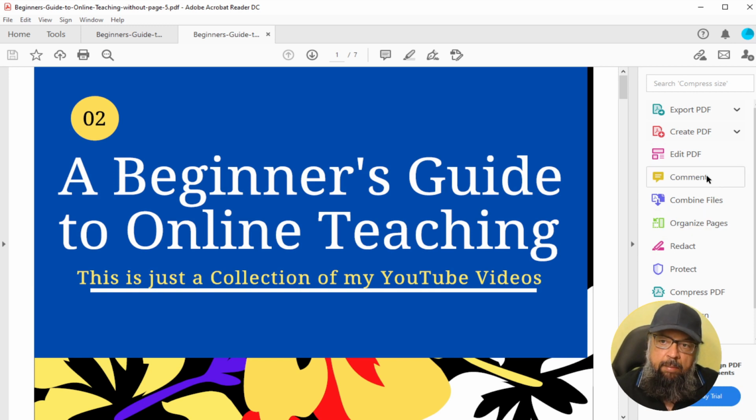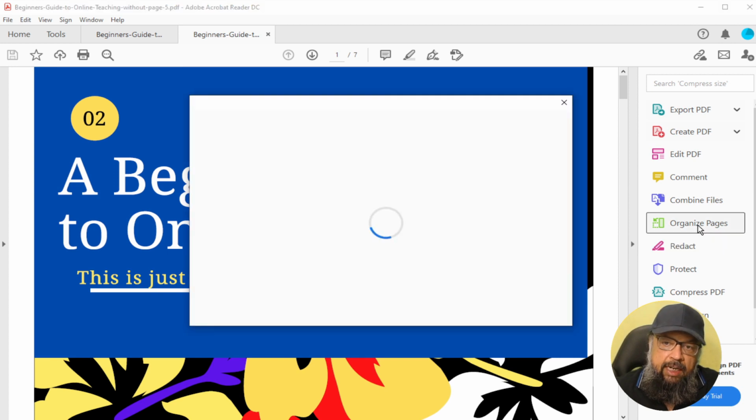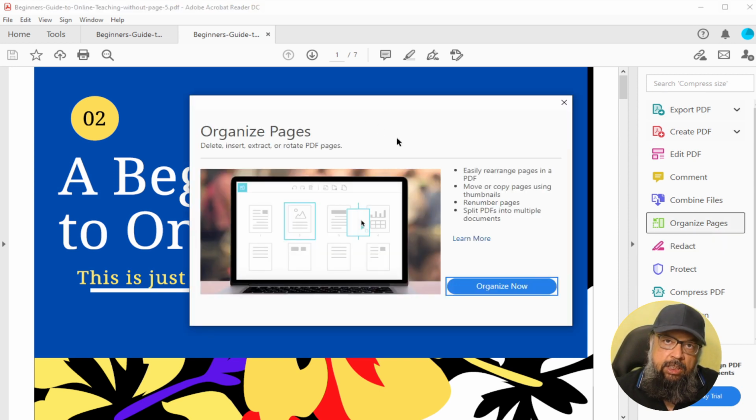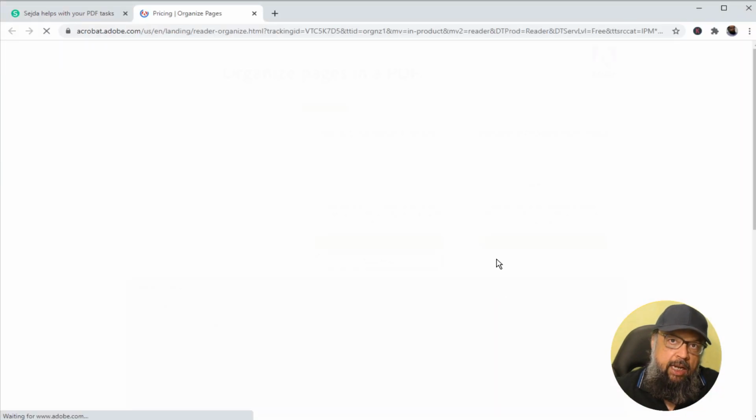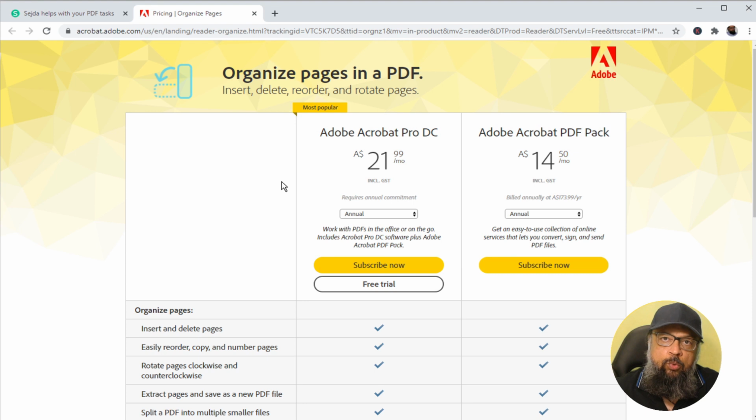You can put a comment, you can organize pages, but actually when you click on any of these, you will see this dialog box, and when you click on that in the hope to organize your pages, now you will be presented with a lifelong bill. For the rest of your life, you have to pay them 21 point something dollars every month. This is of course not a good choice for most of us who are short on cash.